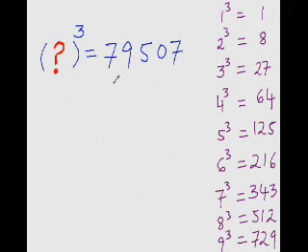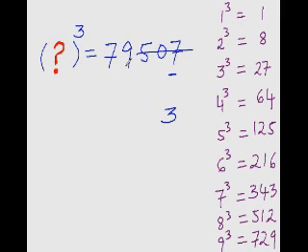Okay. So now find out what would be the cube root of 79,507. Look at the last digit here. It is 7, and you know that 7 is a part of a conjugate pair. So what is the conjugate of 7? 10 minus 7 is 3. So write 3 here and immediately strike out the last 3 digits. Now look at the number that is left.